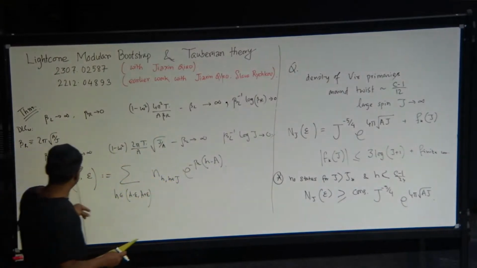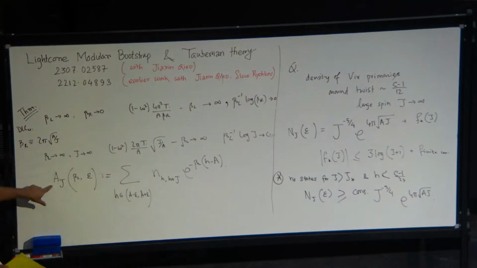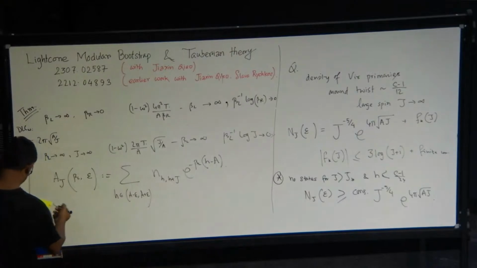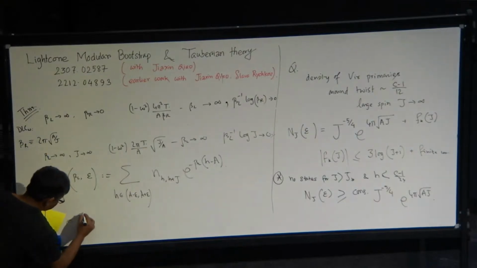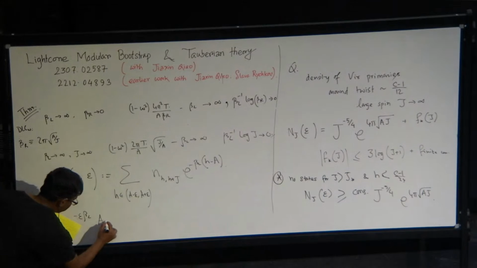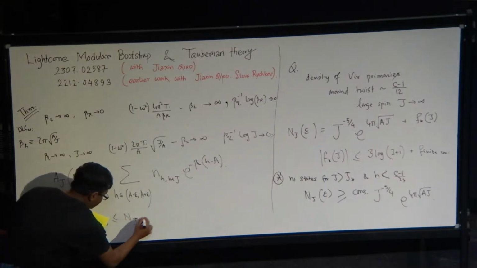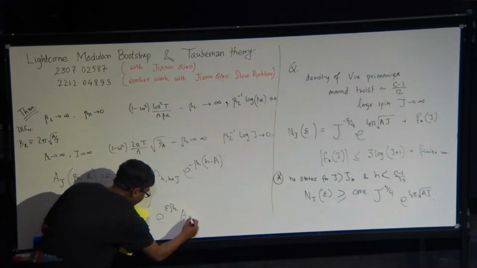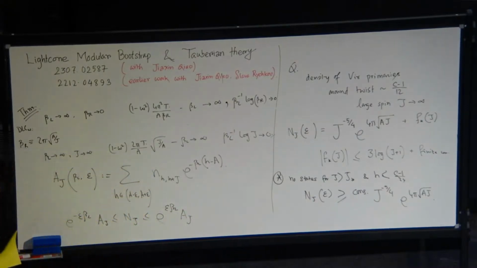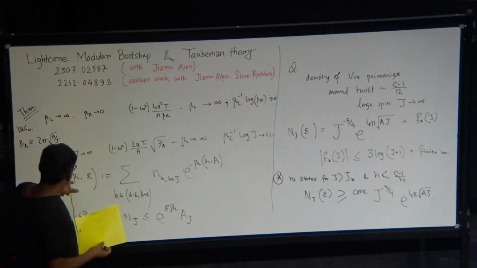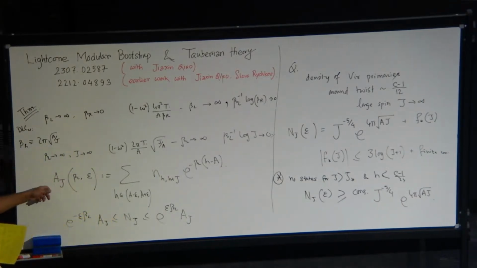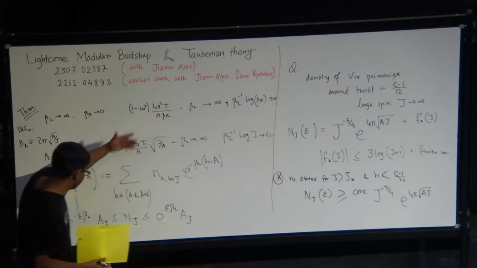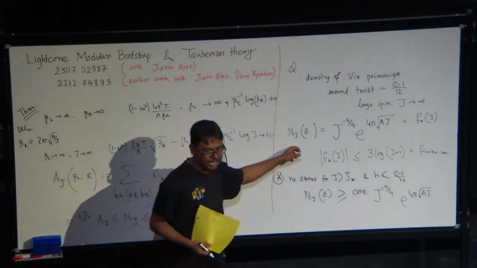So clearly you can see that once we have some control over this quantity, we can put a bound on this quantity because you can write down a trivial inequality which goes like epsilon L Aj J is e power epsilon beta L Aj. So our idea would be to put a lower bound and upper bound on this quantity Aj in this double light cone limit and then translate it back to some estimates about the Nj.